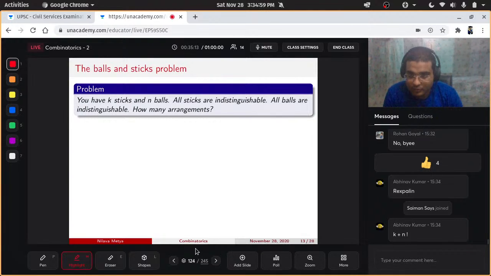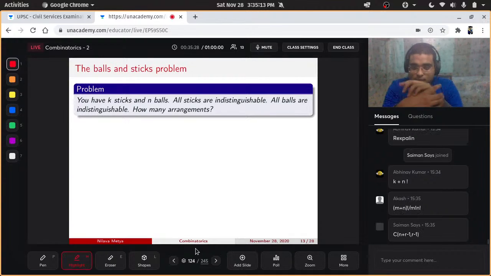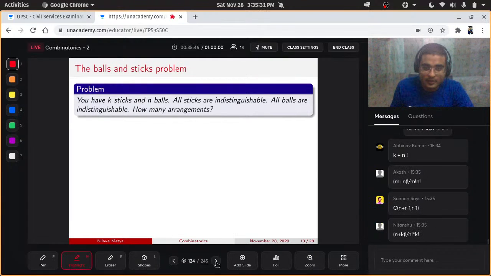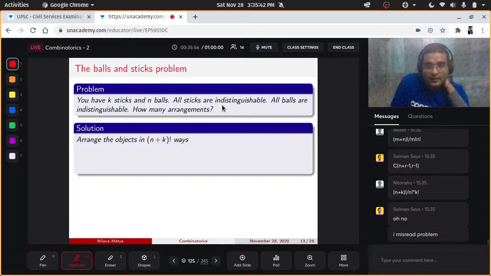Okay, someone says k plus n factorial. But I said that you don't want to count the permutations of the balls and the sticks, because the balls are the same and the sticks are the same. I'm getting some interesting answers. Okay, let's see. What did I say earlier? You can arrange all the sticks in k factorial ways, right? But the sticks are the same and the balls are the same. In that case, you need to discount